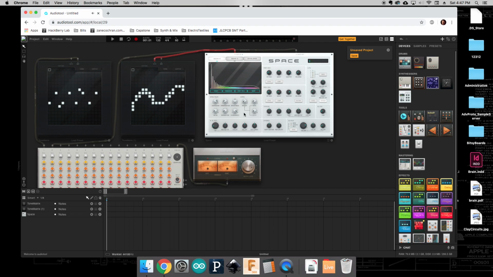And then what I'm going to do is play around with some of these knobs here to, again, just morph and change the overall sound quality. So we can see what that's going to look like. Okay, so that's going to be really fun to play with, but we're missing a few things